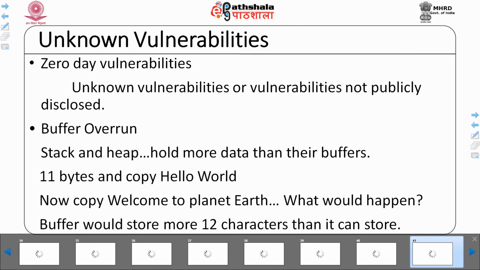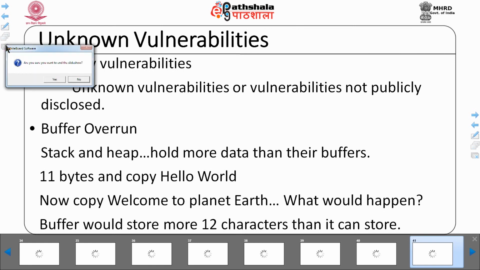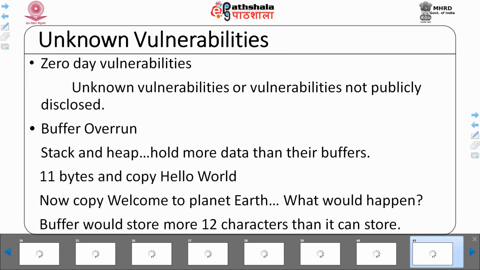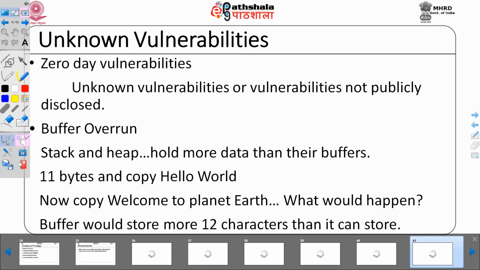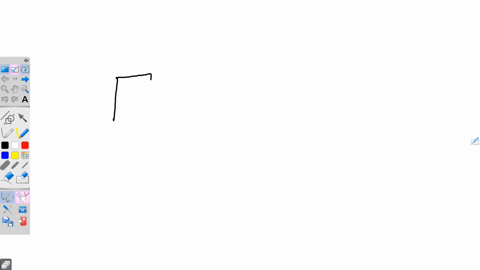Stack and heap grow as you add data, and it would be added here and here. Here we want to talk about buffer overrun.